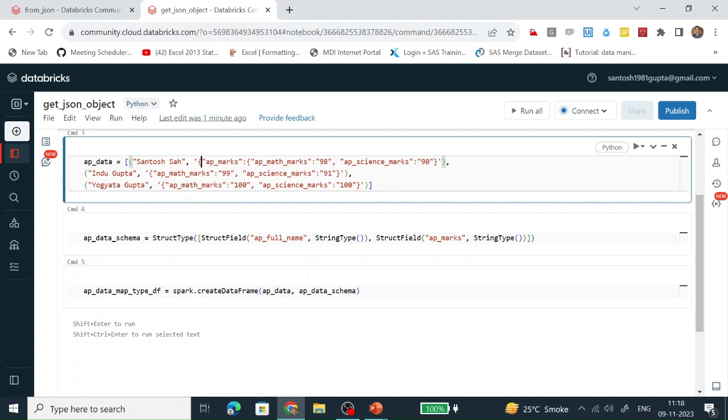And here we are also going to create one more, AP school, and the name of the school is KP, and close this one.